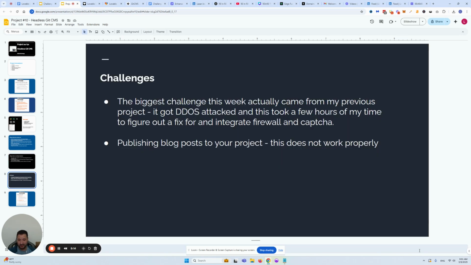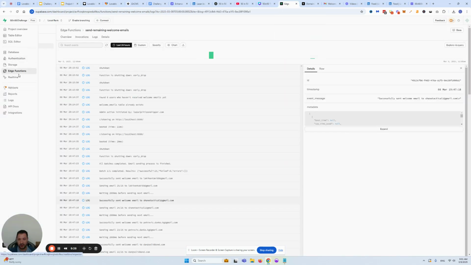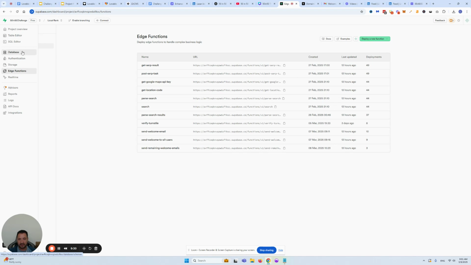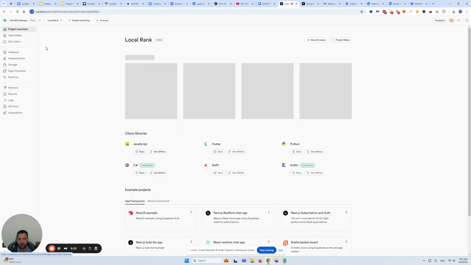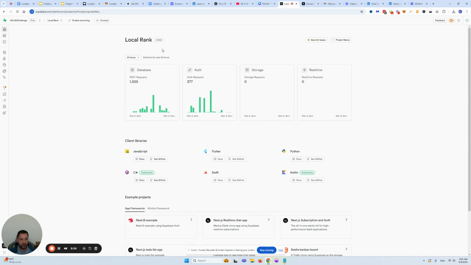The biggest challenge did not come from this project this week, quite honestly. It came from the fact that I got DDoS attacked on another project, and that took me a few hours for a couple of days, actually. And I can show you how an attack like that looks. So if we go to project overview, Local Rank was the project that had that going on. And you will see here,